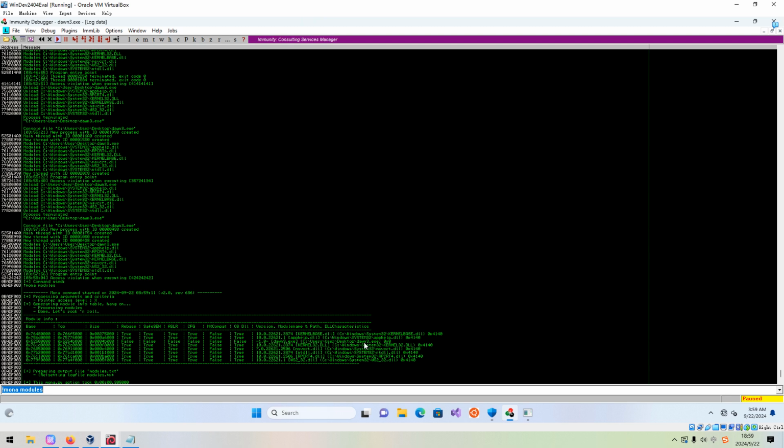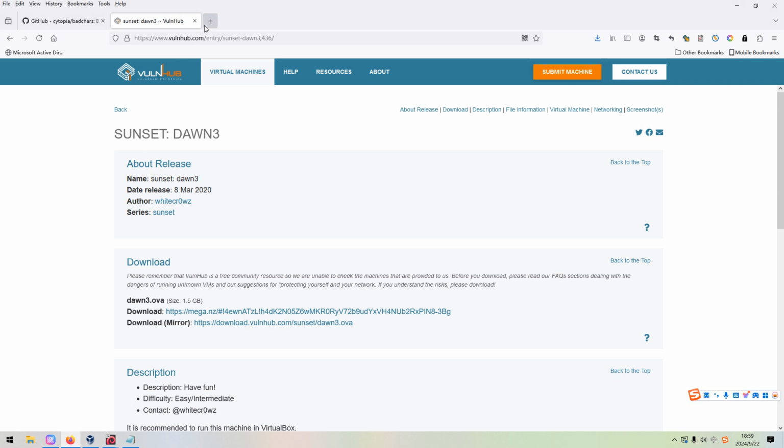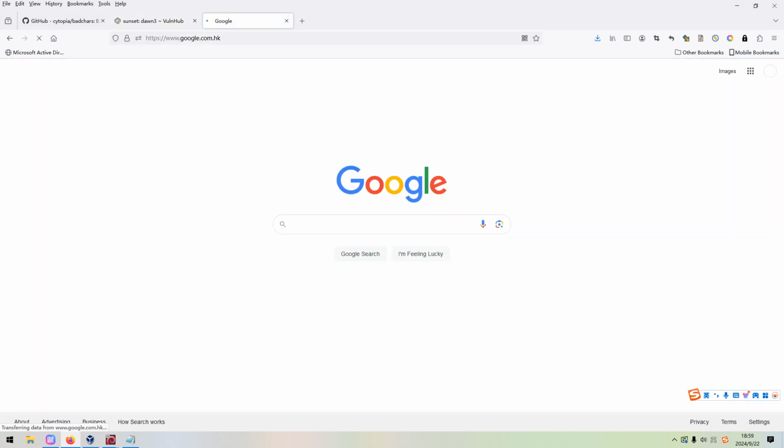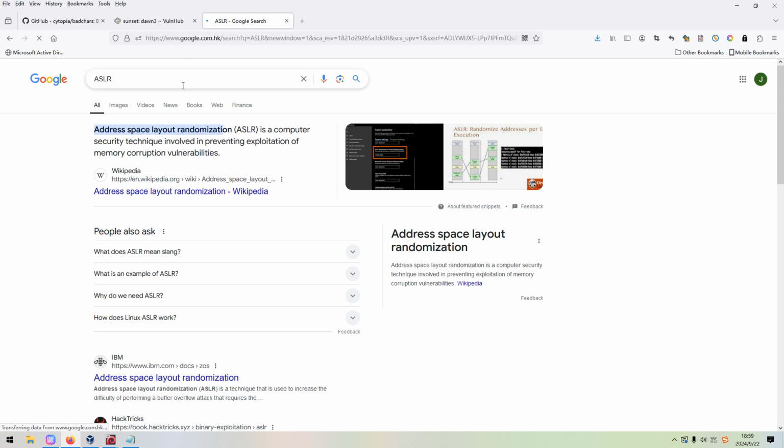So which module are we looking for? We are looking for the security mechanisms, and also ASLR, the address space layout randomization.